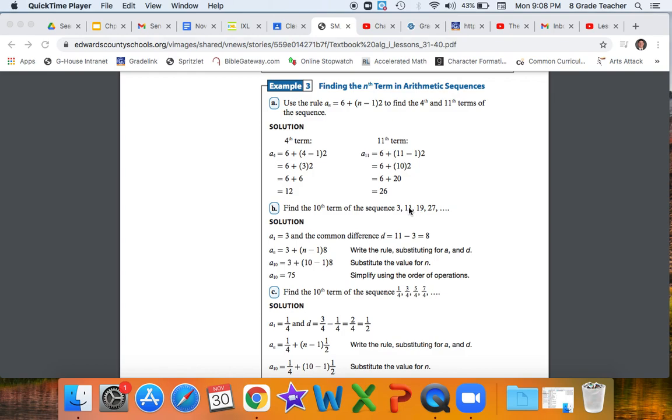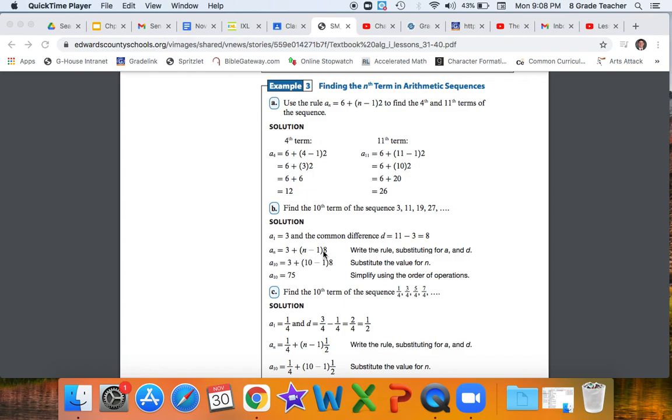In this example, the first number that comes in the sequence is the first term, so A1 equals 3, and the common difference is found by finding the difference between each of these terms. What's 11 minus 3? That's 8. Here's your formula, you plug in those values. Here goes the first term, and here goes your common difference, and you've got always in between here n minus